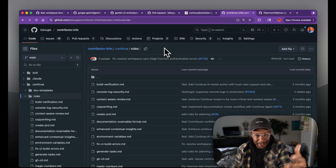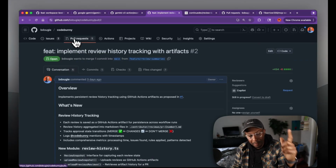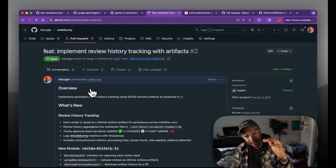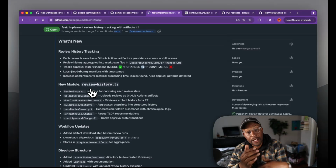And if you're not, check it out and give me feedback. But the one thing I want feedback on is I've got this PR open in the Codebunny repo, and specifically it's about implementing review history tracking with artifacts. So it is going to create an artifact in your GitHub action runner that will just give you context of